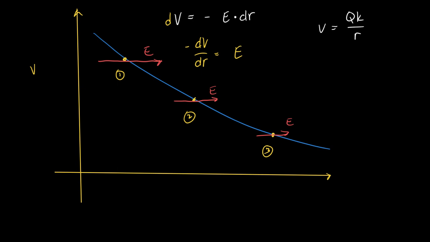So the electric potential is something that tells you about the electric field, but it tells it from the standpoint of energy as opposed to telling you about it from the standpoint of force. Electric fields have been largely about forces on particles, but electric potentials are all about energy. Electric potentials don't necessarily contain any information about direction, but they do contain information about how much energy is required to move from one place to the other. Now,